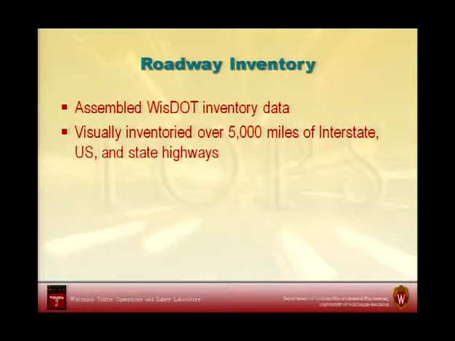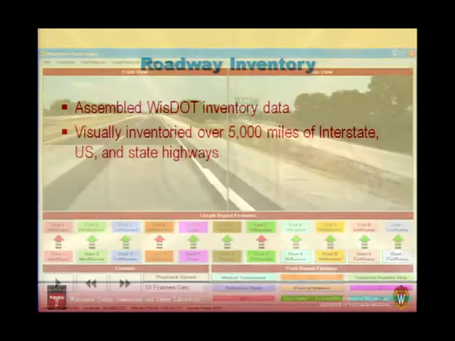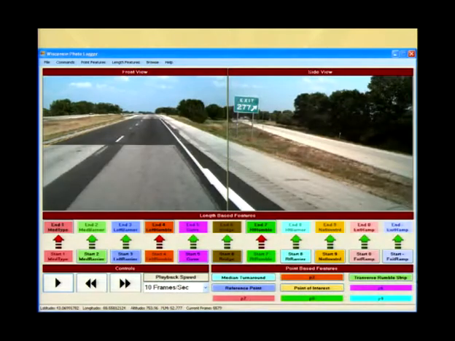We also got into looking at every element of our roadway system in Wisconsin, and we have a photo log system that perhaps you also have here in this state. And our creative graduate students developed a little data collection system online and in some software elements, so we could drive the photos and identify a number of what we thought were going to be the key variables in this analysis, in terms of how many of them are there and the locations where they exist.